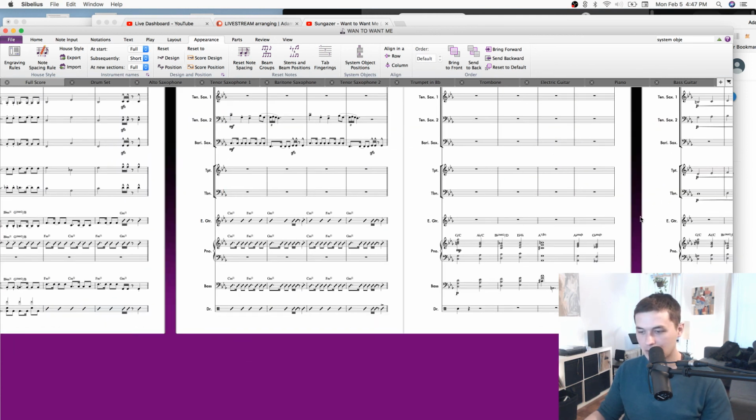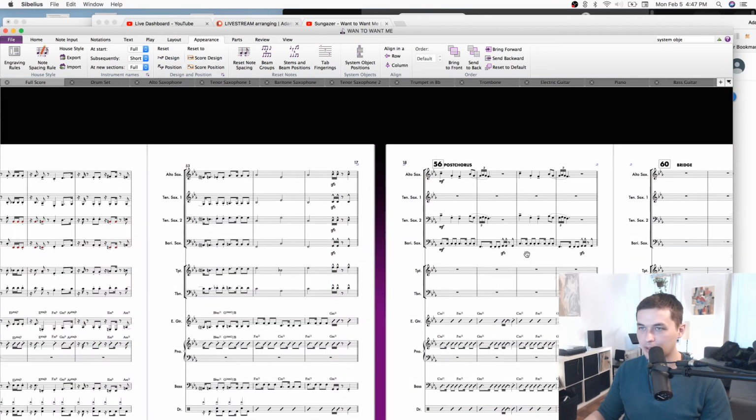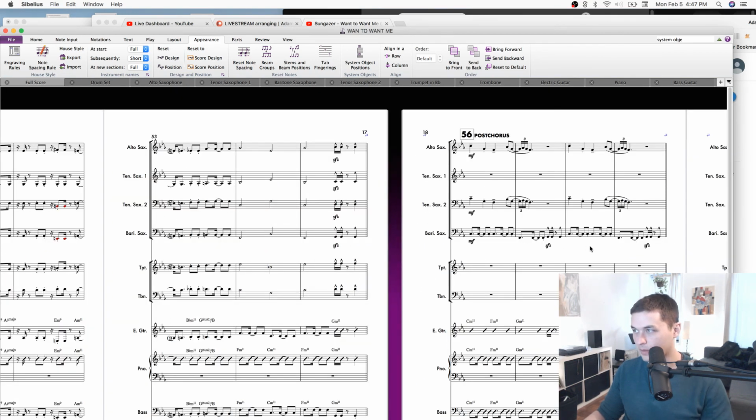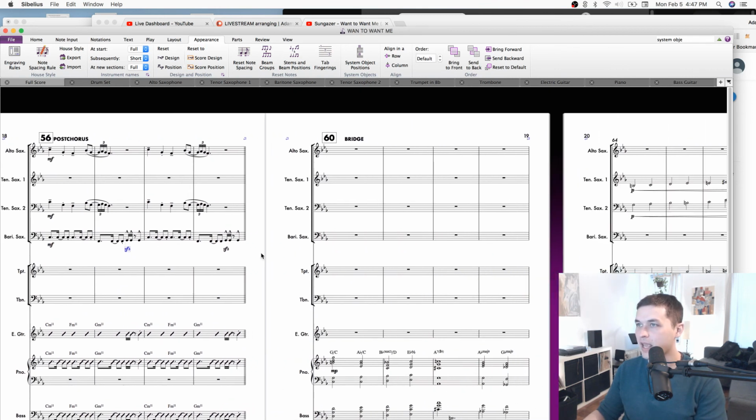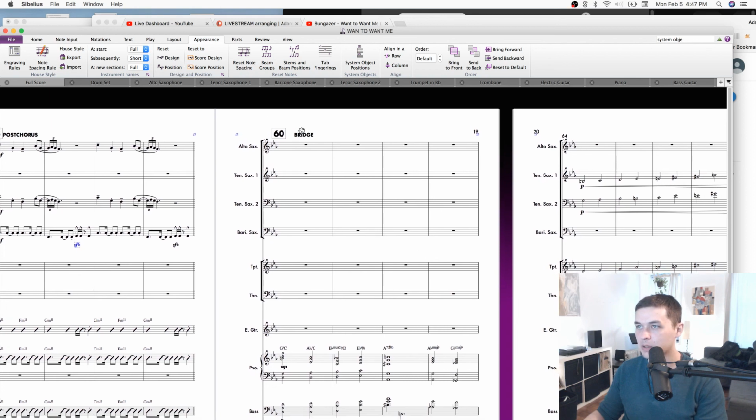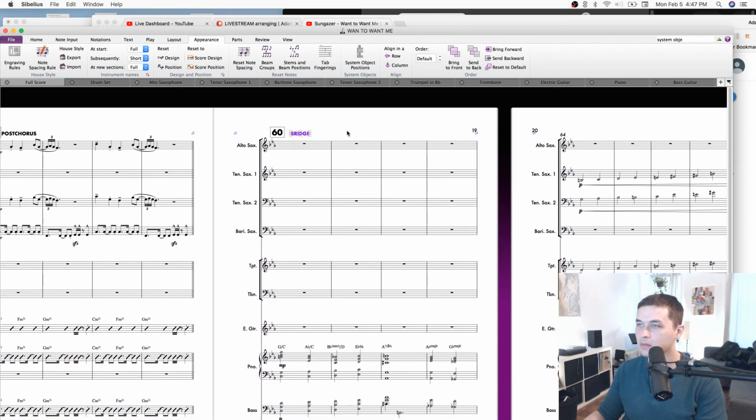Having perfect pitch and reading transposing scores can be annoying sometimes. Yeah, it really can. I can't imagine doing that. I know it makes me not a real musician. I hate reading transposing scores. I really do, because